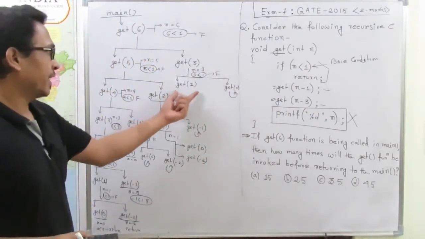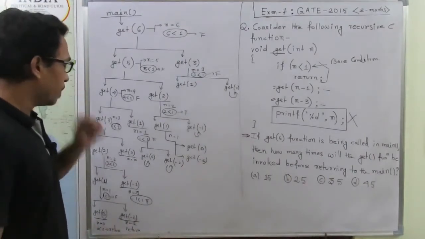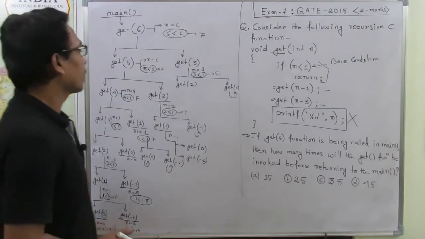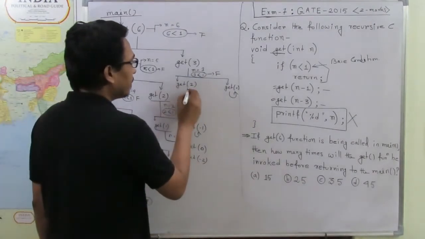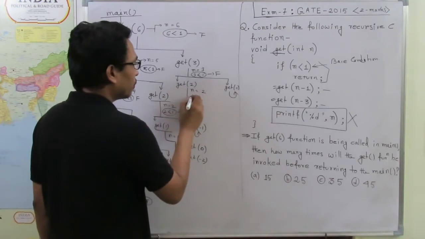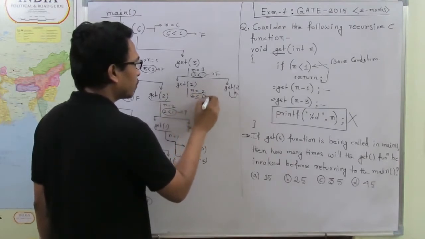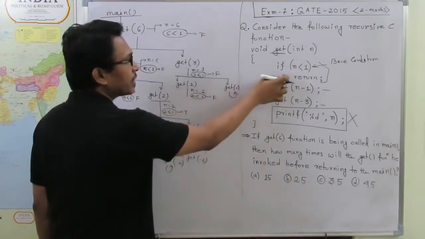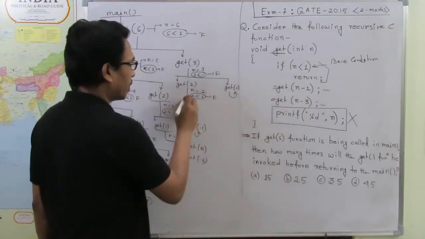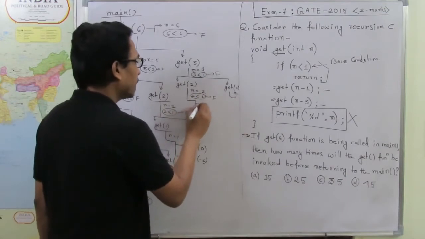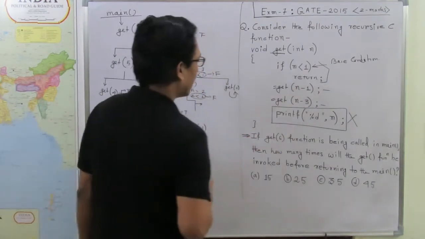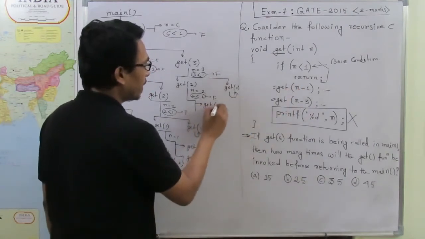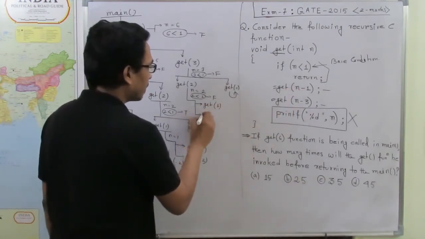Now in this particular case, what is the value of n? The value of n is 2. 2 less than 1, this one is false. That means again this return will not be encountered, these two functions will be called. So the first function will be get n minus 1. So get n minus 1 means n is 2, 2 minus 1 means 1, and then